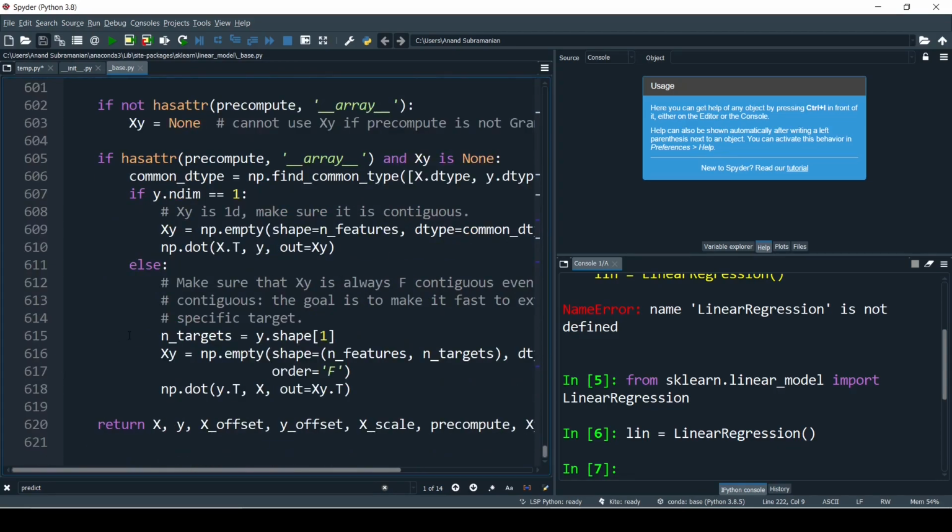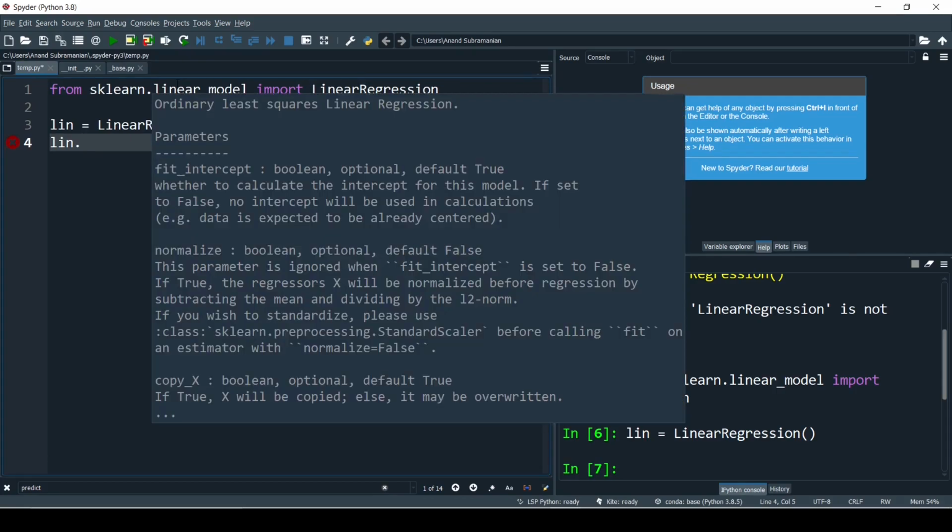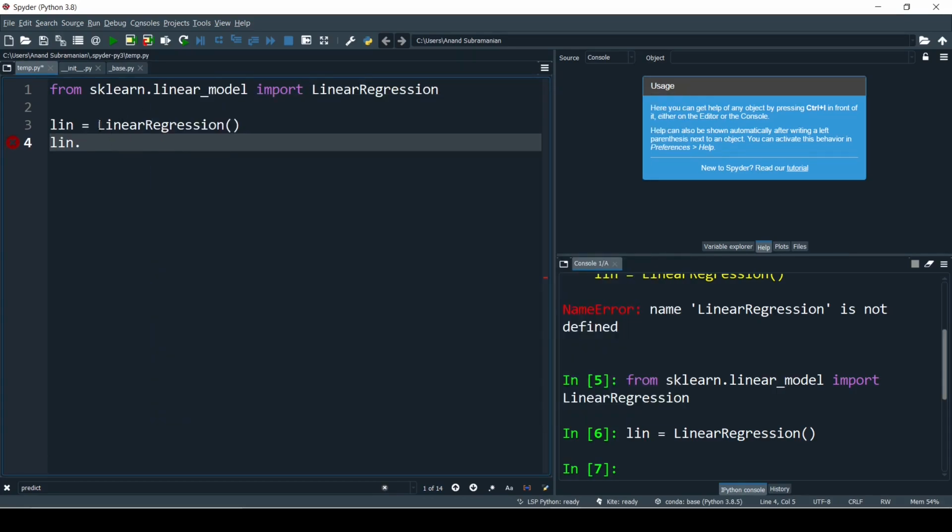So these 620 lines help us to call the linear regression function in one single line. We import LinearRegression using this command, and then we just instantiate it with one single line, and then we can call these functions through that variable. It becomes very simple for us. That is the benefit of having packages, easy to call other functions.